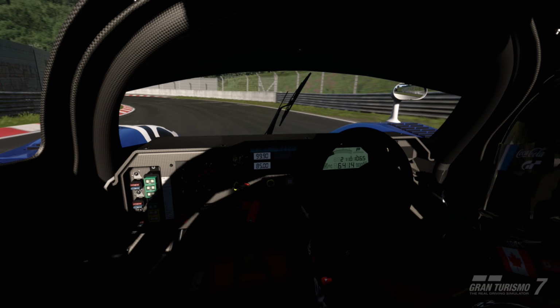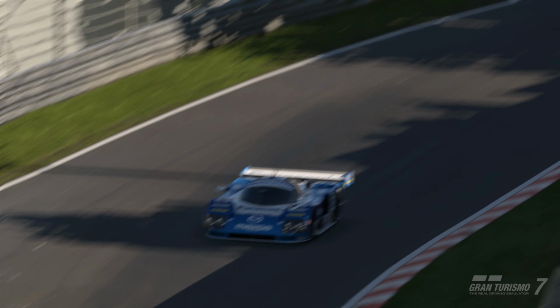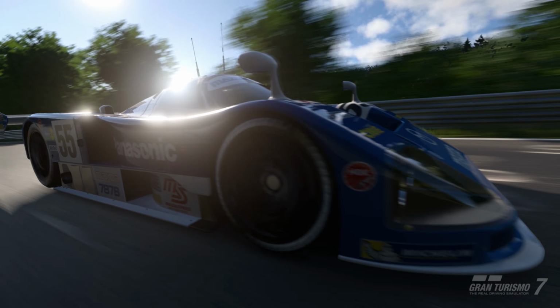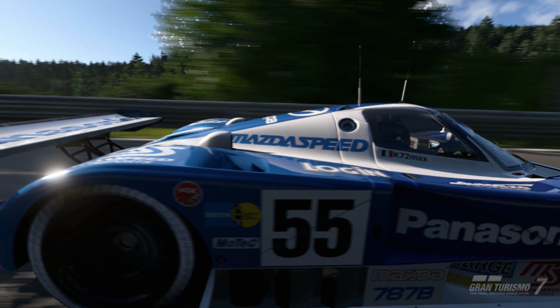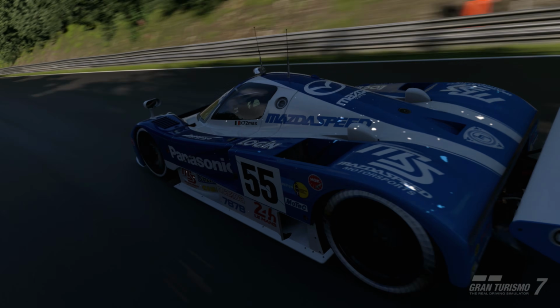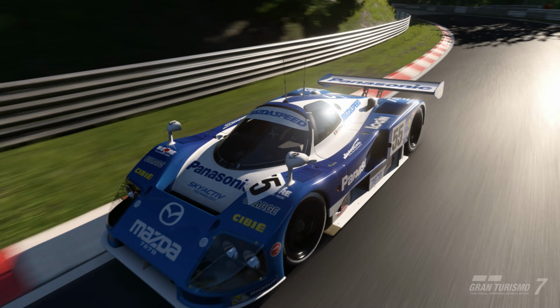So Gran Turismo has always been known for its realistic physics engine, which accurately simulates the way cars handle and responds to different driving conditions on the track. It's kind of a simcade, if you will. So while GT7 isn't the most detailed sim racer on the market, it does have a nice blend of convenience and simulation features. With the 1.31 update, the specific physics changes that appear to have the most significant impact: